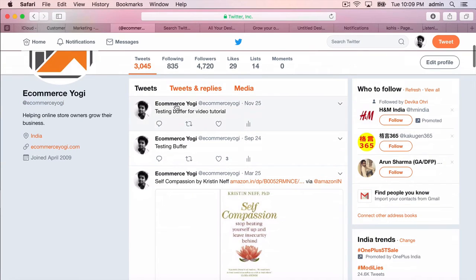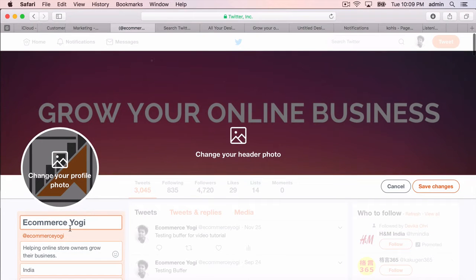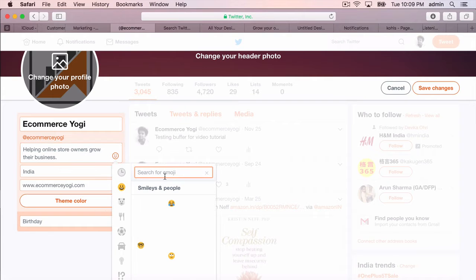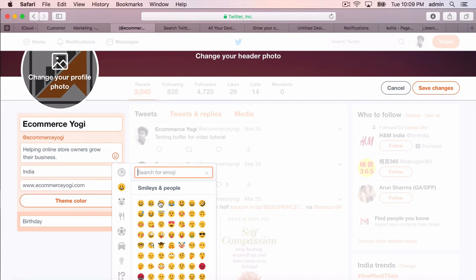And then you can edit other details too, something like theme color should match the brand color, and if your website is red and orange, then the theme color should also match that color, and you have to pick the country and you have to pick the bio. Maybe you can use a little bit of smileys too, if you want to give that.